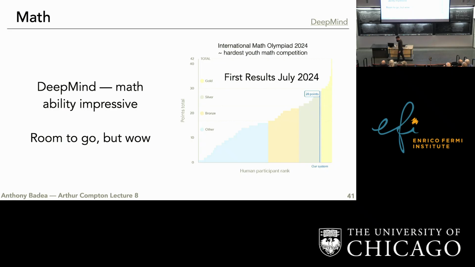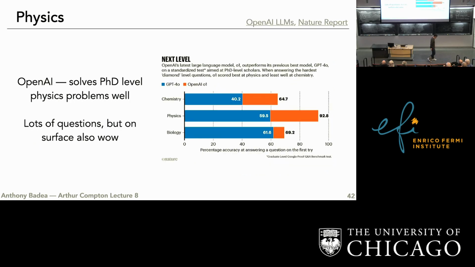Now, inside of this, there are details that are hidden. For example, to actually do the test, people have 2 blocks of 4.5 hours, whereas the algorithm for one problem took 14 seconds and for another problem took 4 days. So there are some more details in there that need to get worked out. But for this, it already seems very impressive.